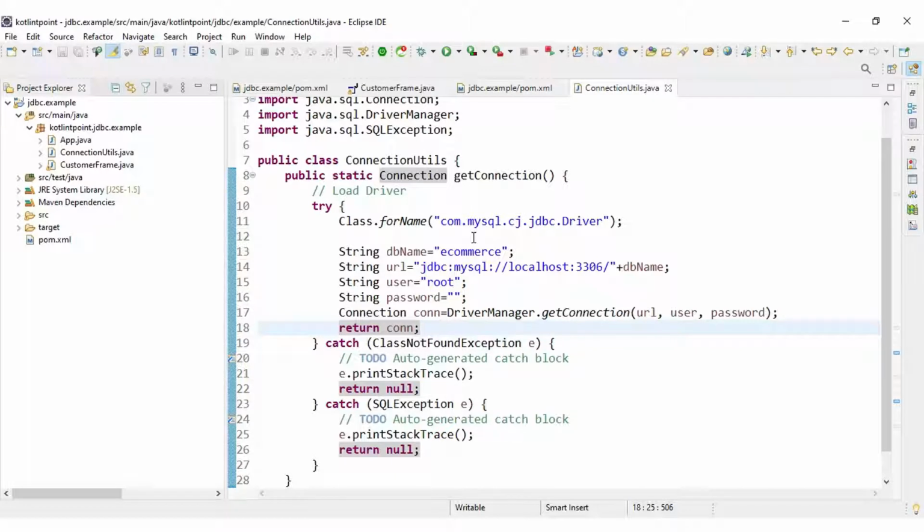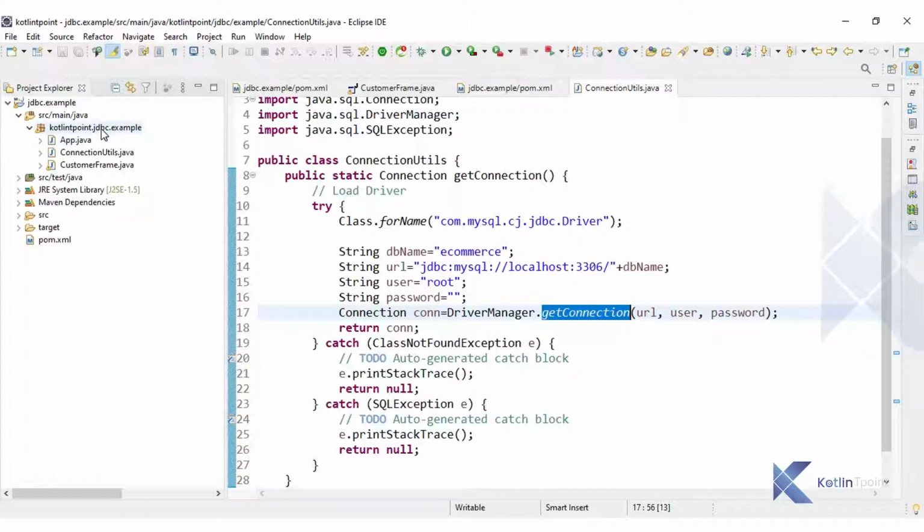In the last video we have done the connection coding. We load the driver and we pass the URL, username and password with this getConnection method. In this video we are going to write our next code, and our next code is we are going to create one model class respective to our table. So we need to create a model class, and there are so many classes we are creating one by one, so it is better to make them separate.